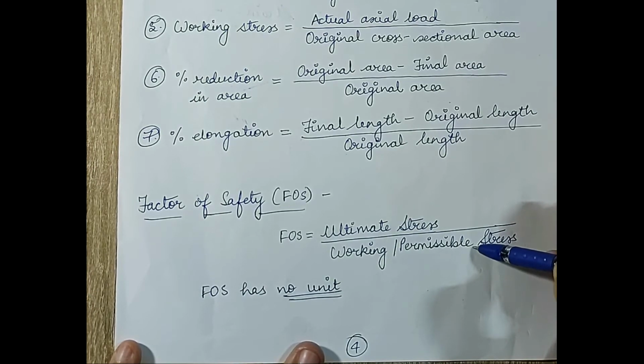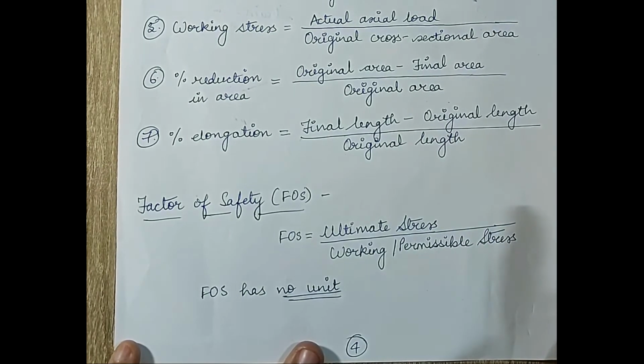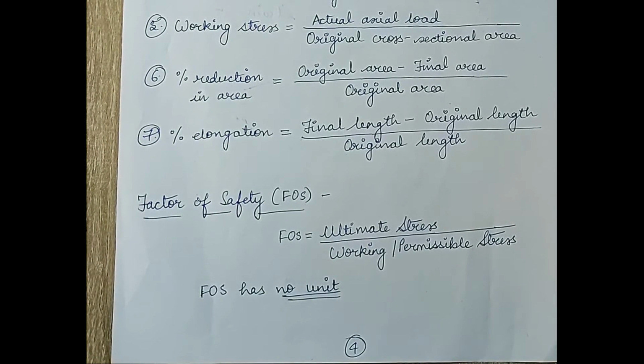I'll give you an example. Suppose an engineer designs a lift. The lift is designed to carry around say 10 to 12 people, but you will generally see that on the lift it is written that only 6 to 7 people are allowed. So the rest of the people could have been accommodated in the lift, but they are not. The reason is the wire which pulls the lift is designed for a particular amount of stress which it can bear, which is always the ultimate or the maximum value.